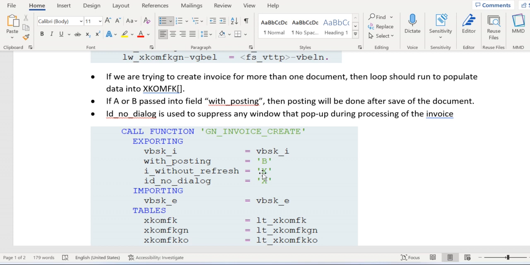If we want to refresh, give it blank. Now coming to this ID node dialog, during processing of the invoice, if we get any dialog screens, then they should be displayed or not. If it has been maintained as X